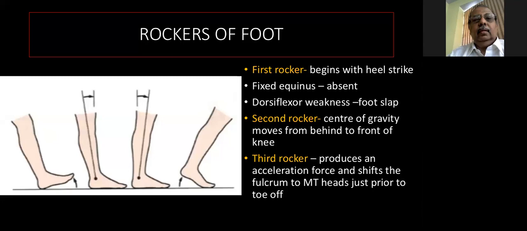In the second rocker, the center of gravity, as you can see here, or the leg moves over a stationary ankle. So it is going anteriorly, and the ankle goes into relative dorsiflexion. This is important because this stage of ankle dorsiflexion is controlled by the eccentric contraction of the gastrosoleus muscle, mainly the soleus muscle. Suppose the soleus is weak, what is going to happen is the leg moves more anteriorly, and this leads to increased dorsiflexion of the ankle, leading on to the crouch gait. This is the mechanism of crouch when there is an over lengthening of the tendon Achilles.